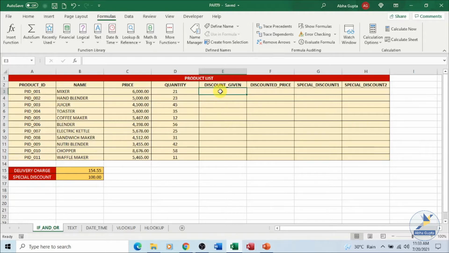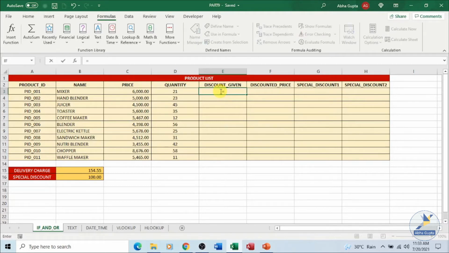Here I have only a few data. Say if you have thousands of records, then it will be difficult to look at each and every data and then decide whether you want to give the discount or not. So you make use of IF over here.